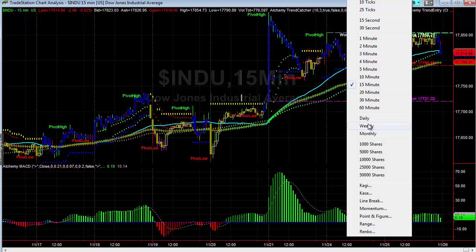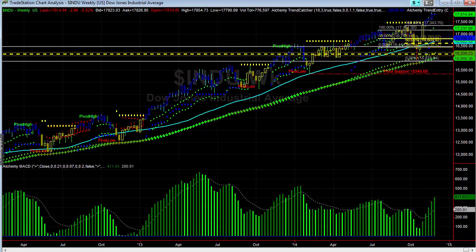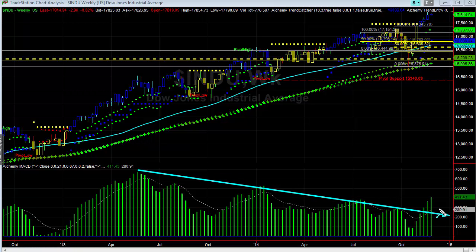Let's look at the weekly. On the weekly, we've seen improvement on the histogram, and what our concern was initially, and I talked about this at some length, was that it really was playing into the hands of some significant divergence on the long term. Now, this broke that a little bit here, but in reality, we're still very, very close to what happens in